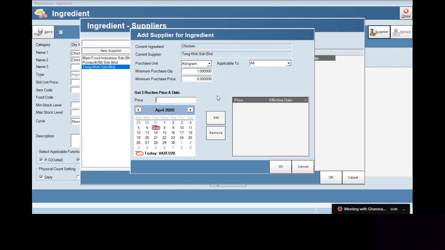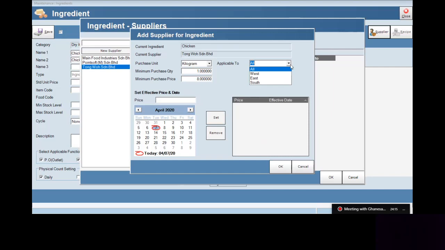In another learning section, I will show you how you can automatically update those market items. So this is only for the learning process of how you can set a future price. Maybe with another item I will show you how to use the set effective prices, and you can see that it is applicable to all.